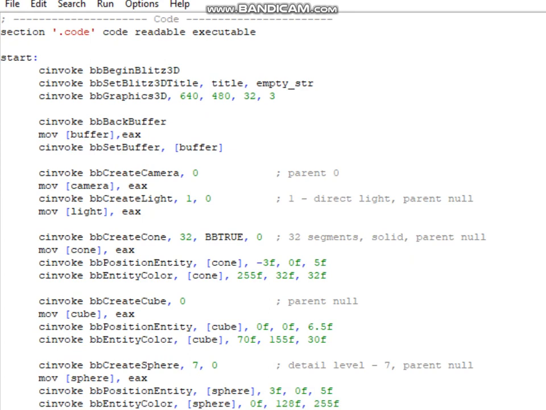Again, begin Blitz3D, set your Blitz3D title using the title and the empty string. The graphics mode for DirectX, what screen size you want, 640 by 480, 32-bit plain, 3 is window version. Then you've got your back buffer, save the back buffer. So you create a back buffer, you store the handle of the back buffer, which is in EAX, into the